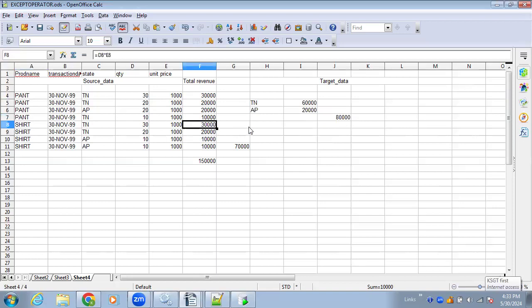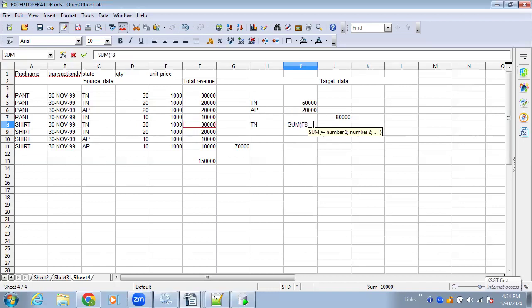Now, if I wanted to split here, TN, state wise, what are my sales? Because I wanted to understand what trend is going on in Tamil Nadu, because typically there is a cultural difference. So people might prefer to wear dhotis. But shirts should be a little higher. So that could be my analytics that I wanted to perform. So your shirt wise, Tamil Nadu sales are